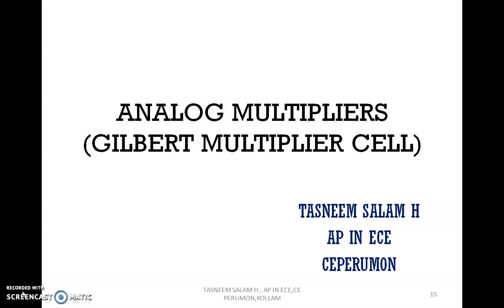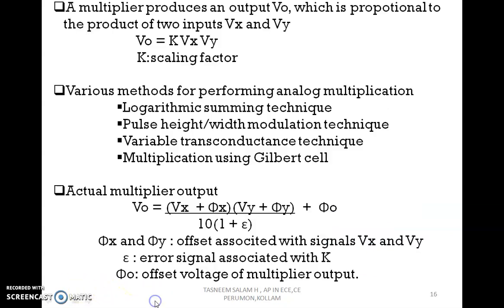Here I'll be explaining analog multipliers, Gilbert multiplier cell in particular. A multiplier produces an output V0 which is proportional to the product of two inputs, that is Vx and Vy. Here we can see in this equation V0 is equal to K Vx into Vy, where K is the scaling